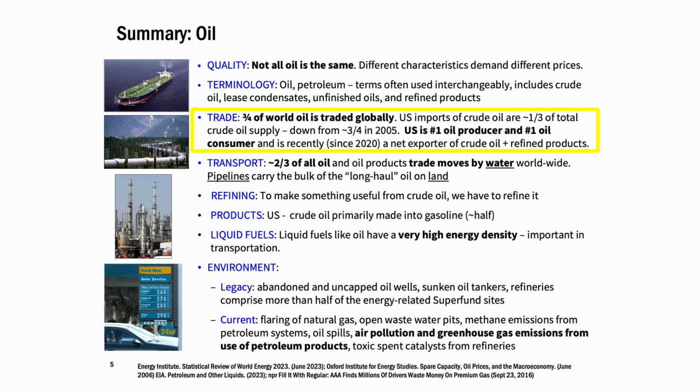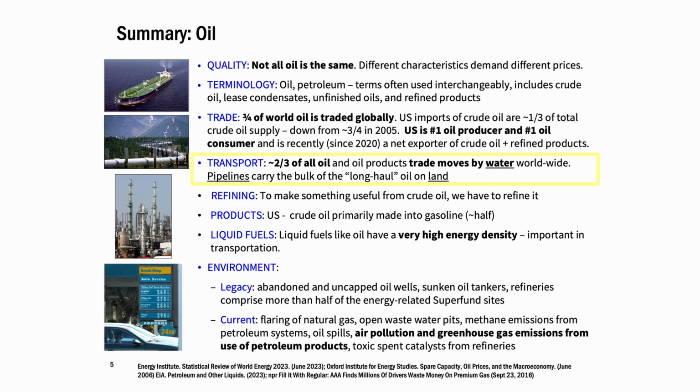You've got this picture, so we're just going to keep hammering this nail on the head, I guess. Oil, the U.S. is the #1 oil producer and the #1 oil consumer. And we'll look at some charts on that today, but we've been the #1 consumer for a long time. Being the #1 oil producer is a really big place. It's a new space for the U.S., and that's a very recent phenomenon.